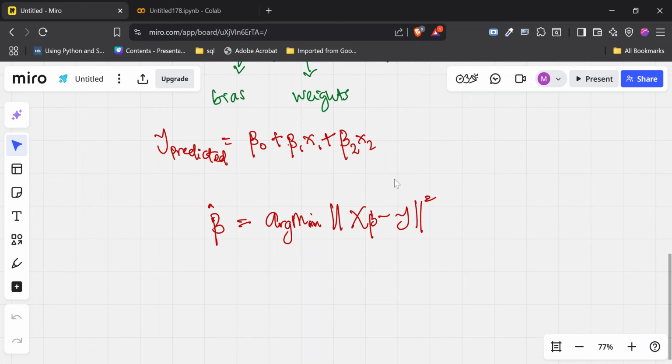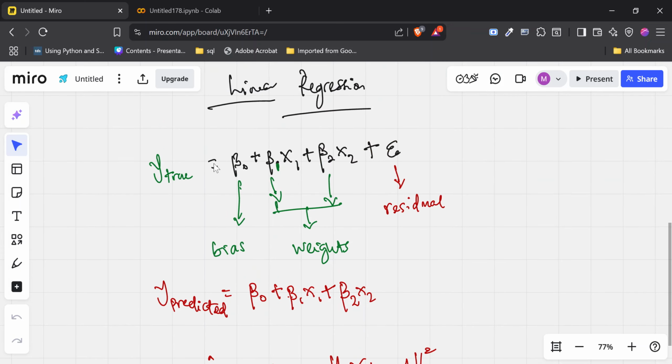But the true thing is, how does this thing get solved? Although there are a lot of techniques, the popular one that comes from stats generally is something called OLS, the ordinary least squares method. And what is that? The way it works is this. It says that all of our betas, which in this case are beta naught, beta 1, and beta 2, we can say our betas are going to be equal to x transpose x